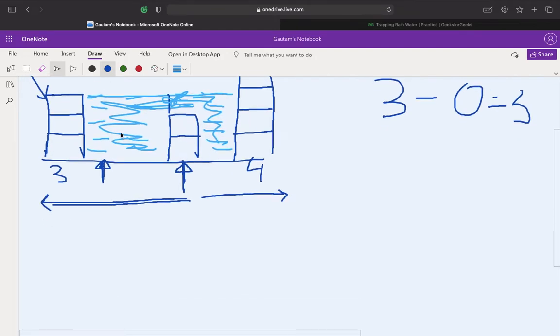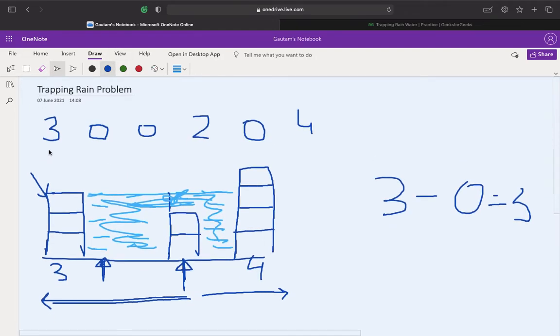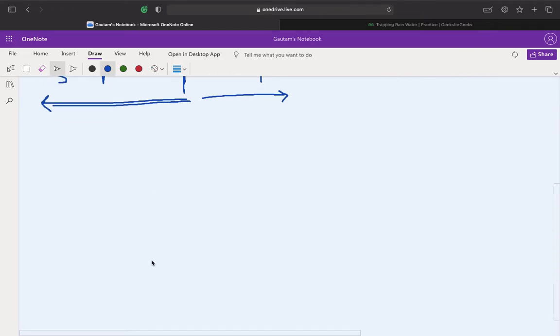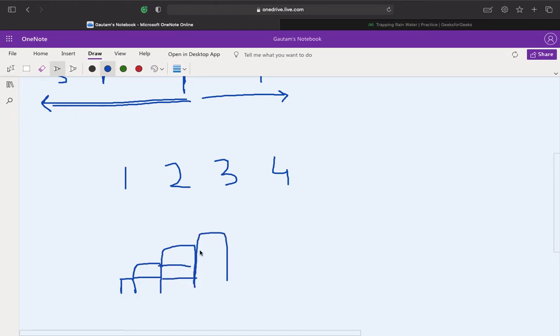Also, one thing to note over here is that if the array we are getting is sorted in ascending or descending order, nothing matters. For example, the array is like this: 1 2 3 4. So what will the block system be in that case? 1, 2, 3, 4, right? For this case the amount of water that can be trapped is 0. Why? Because there is no support. If we try to store water over here, it will always overflow, meaning it will flow away, and nothing can be stored for that case.